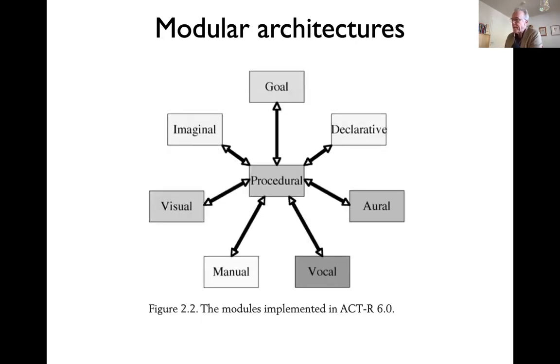The other level in which there are brain ideas in here is that there are architectures of these different modules that are supposed to capture brain properties. So for instance, there is some kind of central bottleneck where everything has to go through some central procedural machine where one thing is done at a time. And that is done because we find that humans do have these attentional bottlenecks, that you cannot actually do two things at the same time when they at least have overlapping representations involved.